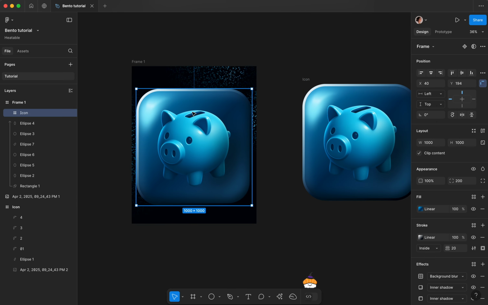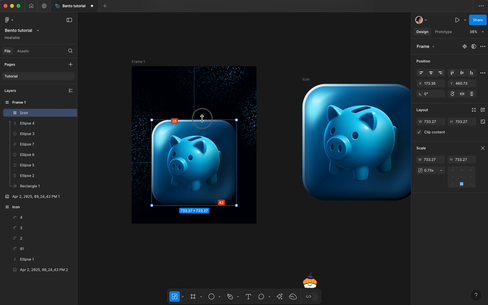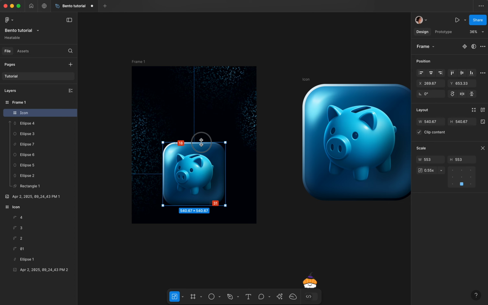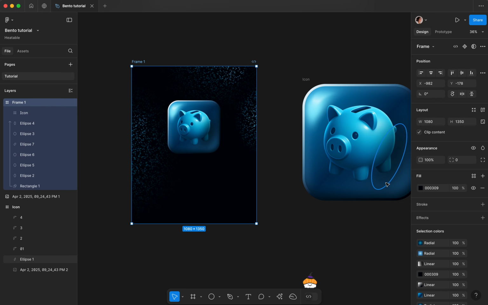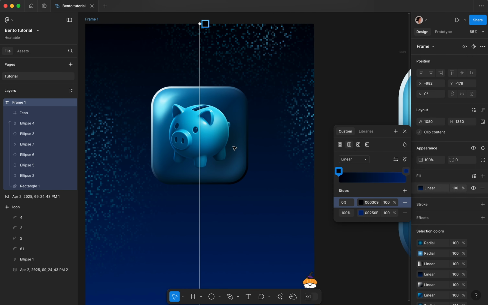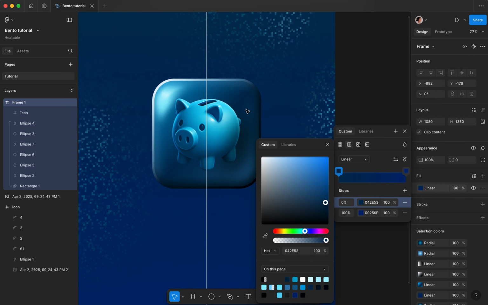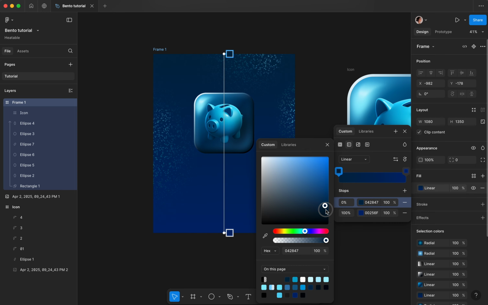And it's quite big, so I'm gonna use the K key, which is the scaling. And this way it's gonna keep all our values. Let's place it at the top. Maybe let's fill the whole frame with a linear gradient again to add more depth. Okay, the top part. Oh no, that's way too light. Something like this, and the bottom.